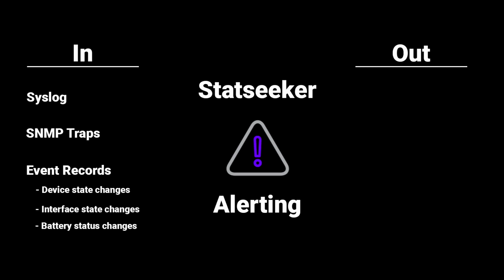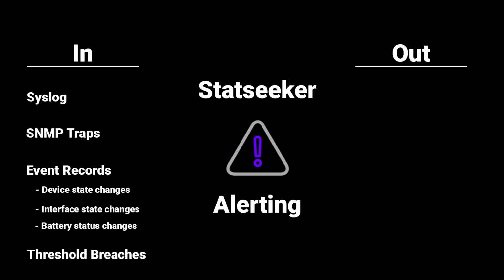Now, the final trigger is another type of event record, and that's event records created in response to a threshold breach. In this instance, you need to configure both the threshold and the alert. And there's a separate video looking at threshold configuration. Thresholds can be set against any time series metric. Think link utilization and data rates, temperatures, CPU and memory loads, that sort of thing. Essentially, any data that you might want to view in a graph, you can set a threshold against it and